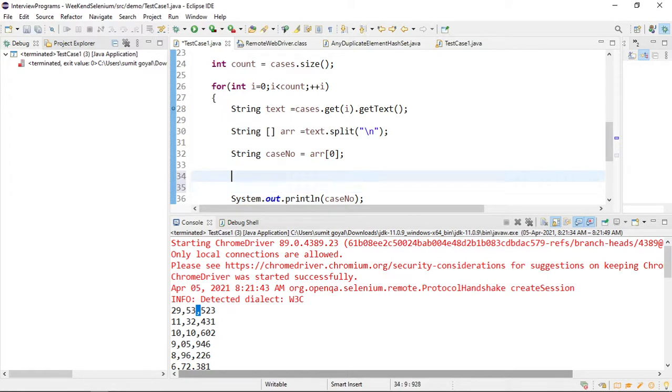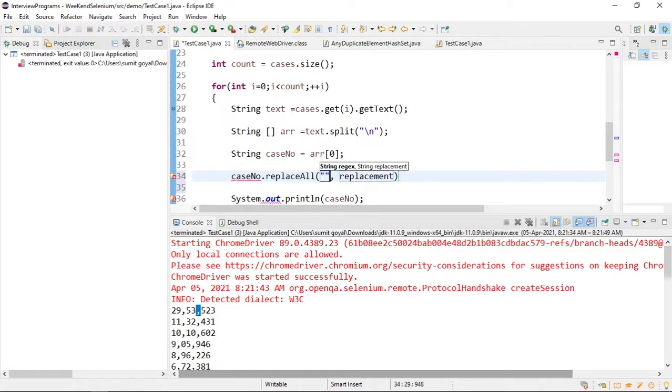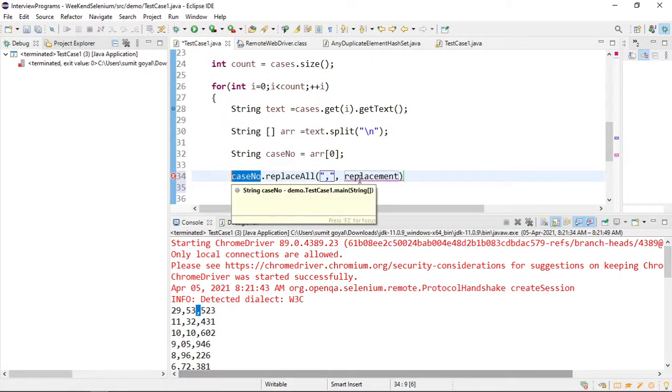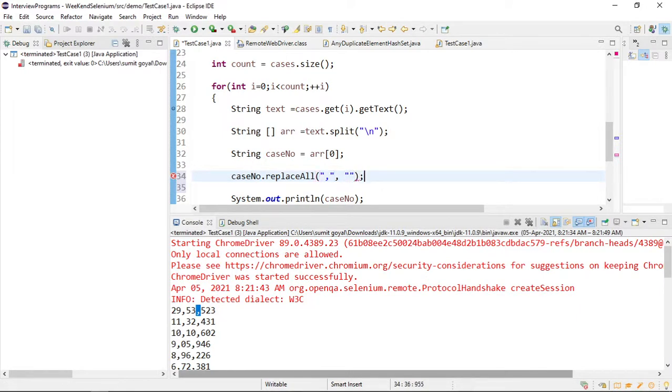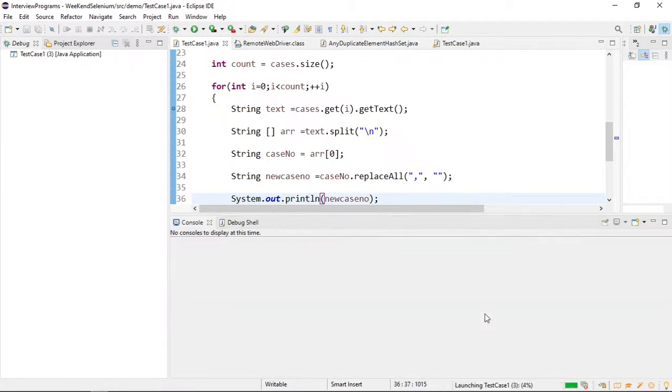So again I will apply after case number. I will say case number dot replaceAll, which is one method. Basically I will provide that I want to replace all the commas in the number. So this will have the number one by one, and I will say replace it with empty space. So that will remove the comma, and I will say string new case number equals to this. It will basically remove all the commas from each and every number, and if I print it,